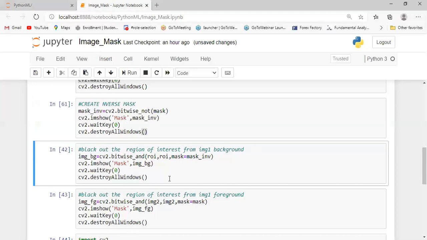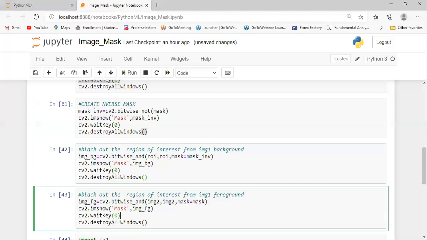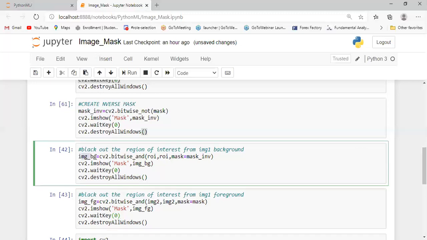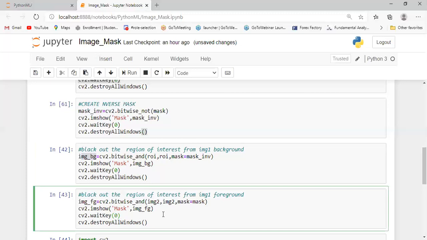In that code, all the blacked-out region of interest can be changed from image1 back. The next code uses bitwise and, where we change the background of the image. Here we change the foreground of the image. The output is the same, the only difference is that we are passing mask equal to mask.